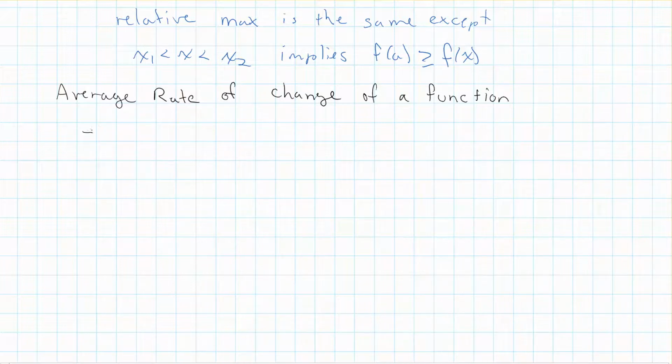Well, the average rate of change of a function is actually just the slope of a secant line. And what do we mean by secant line? Well, what we have here is that the average rate of change